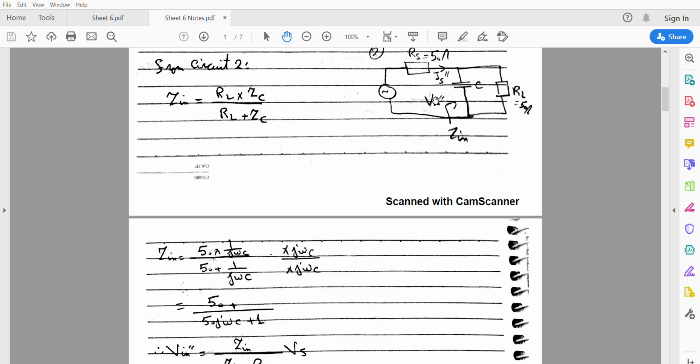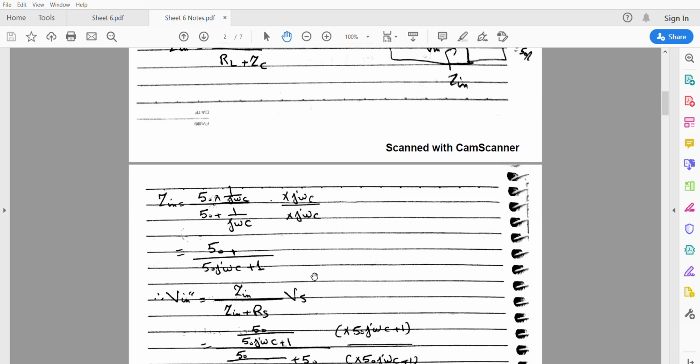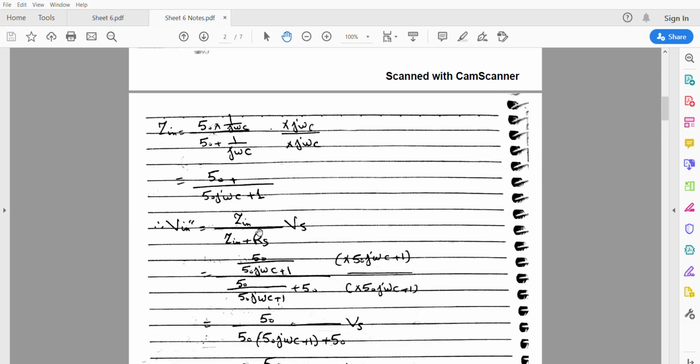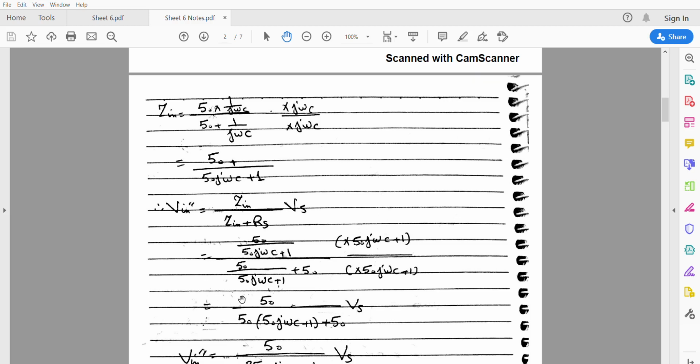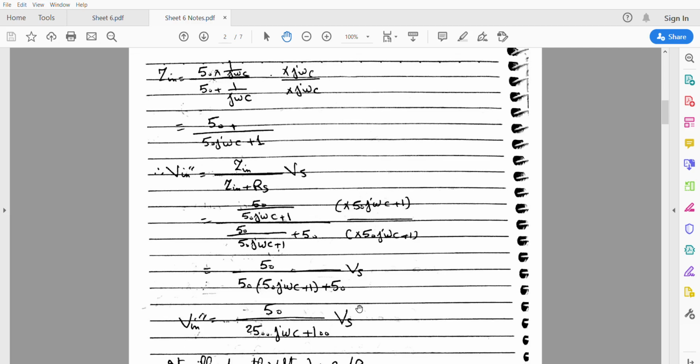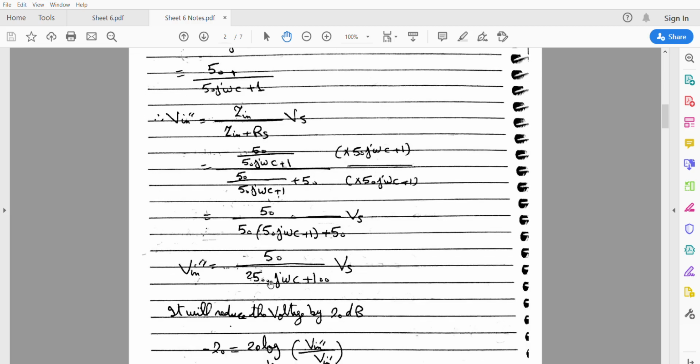So now we need to define V input double dash. By making a voltage division, substituting the input impedance by 50 over 50 j omega c plus 1, over 50 over 50 j omega c plus 1 plus 50, the source resistance, and by doing some multiplication to simplify, we found V input double dash is equal